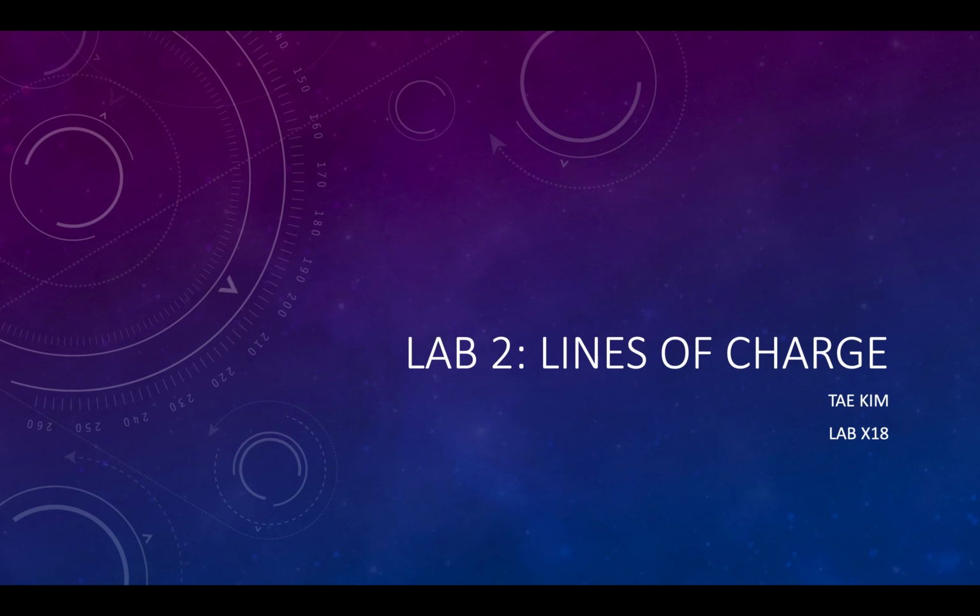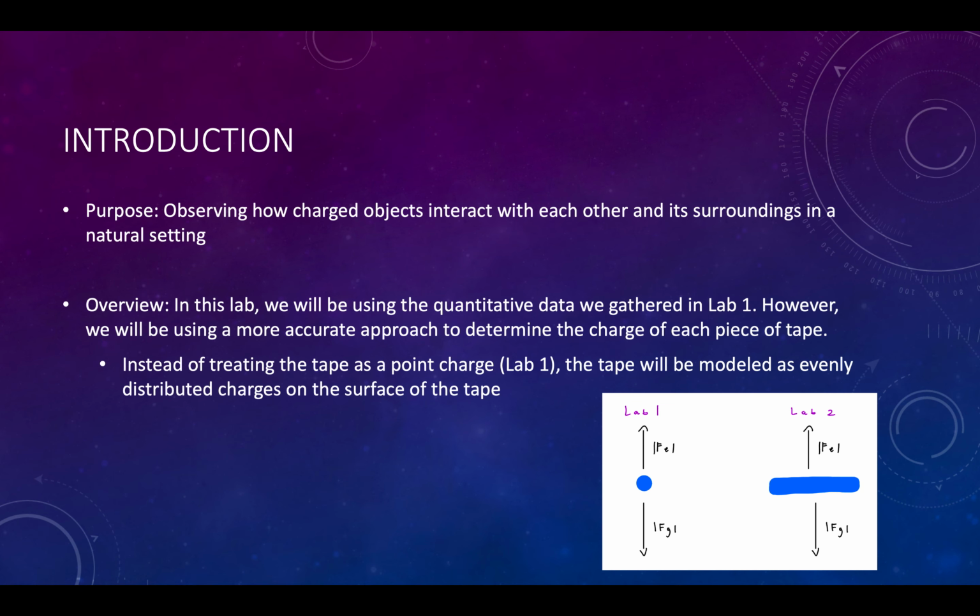About the second lab, which is lines of charge. Just an introduction: the purpose of the lab, similar to lab one, is to observe how charged objects interact with each other and its surroundings in a natural setting. An overview of the lab procedure is that in this lab, we will be using the quantitative data that we